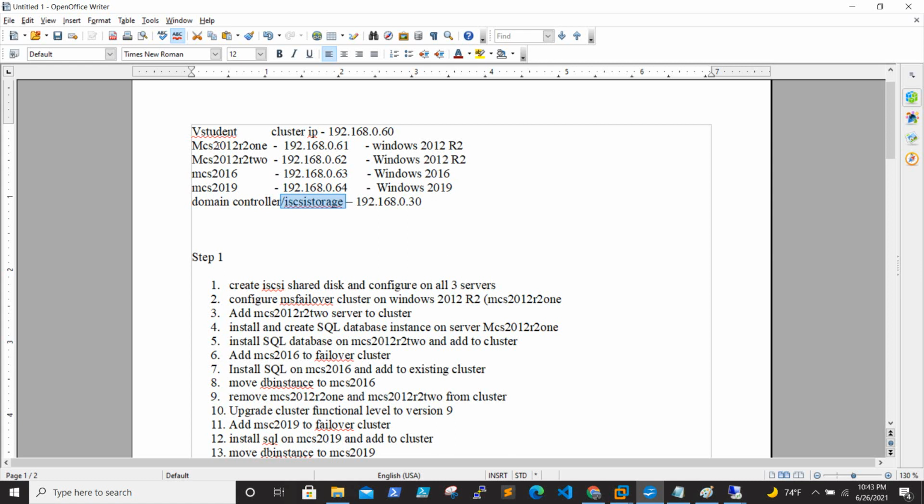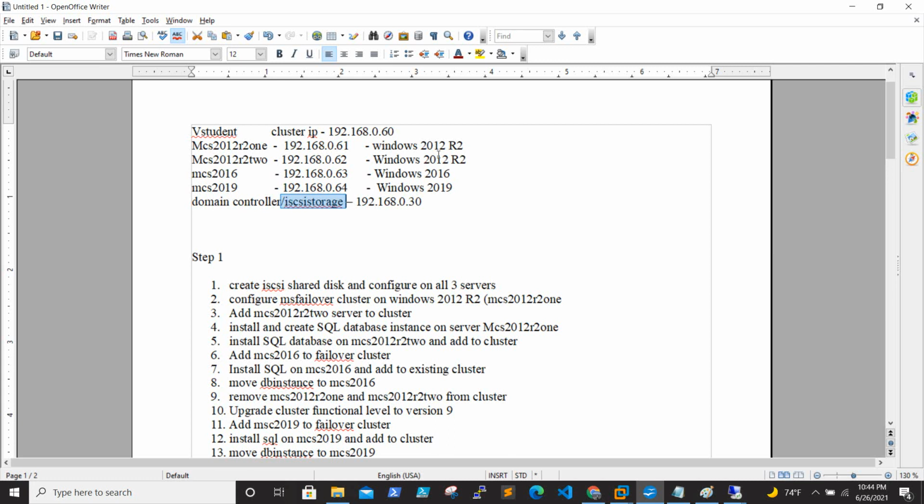I'm skipping a few steps, like building the VM, adding it to the domain, and assigning IPs, because these are already shown in my previous videos. All these are already built and added to the domain. The basic important steps you need to remember are to enable RDP on the server and disable the firewall on all servers.